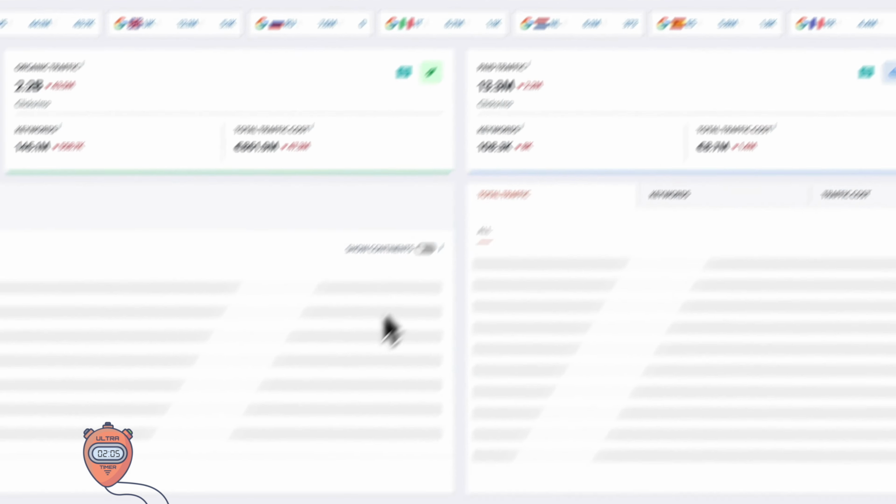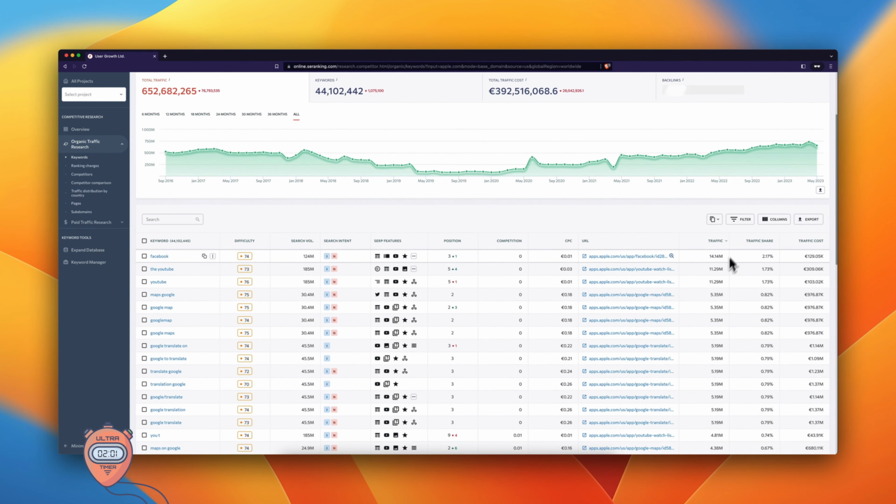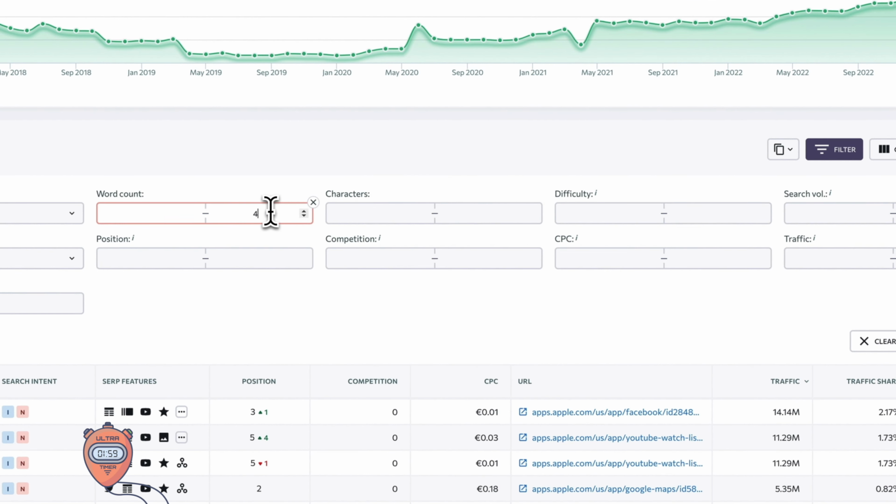Number 2, finding short tail keywords your competitors are already ranking for. Use keyword research tools to find the keywords that your competitors are ranking for and see if they are relevant to your business. The big question, of course, is, while creating content, should you target long tail or short tail